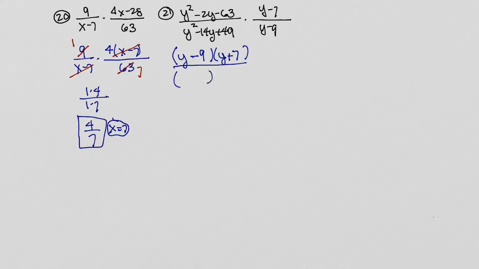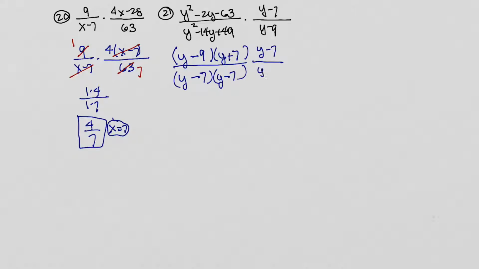Over, let's see, how about y and y? 49 and 1 are 7 and 7. Let's go with the 7 and the 7. They're both going to be minuses, and that'll work, right? Minus 7y minus 7y is minus 14y, and then plus 49. Okay, and then times